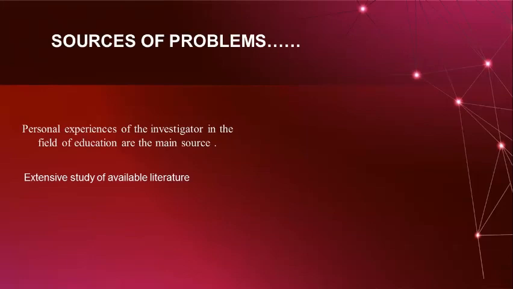Next is extensive study of literature, or literature review. That literature may be research abstracts, journals, handbooks, etc. He can easily draw some parallel problem when he goes through this literature review. That is why it is very much essential. When a researcher wants to do research under some guide, at first he is told to do some literature review. That is the first step.